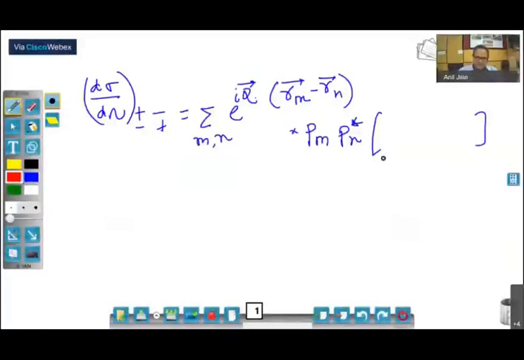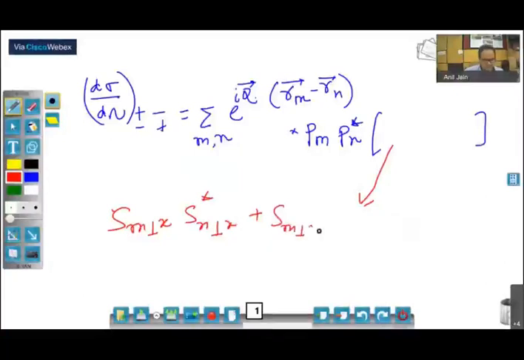The quantity in the bracket is S_m perp x S_n perp x plus S_m perp y S_n perp y